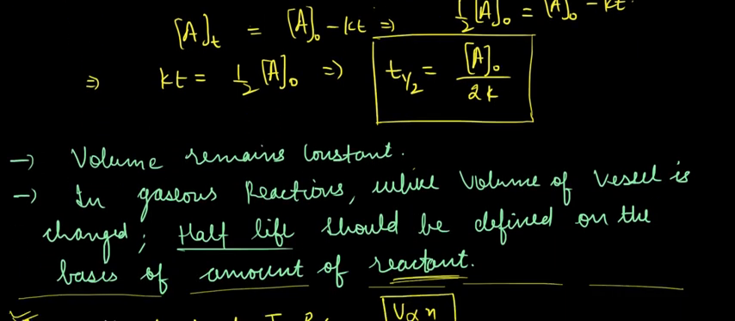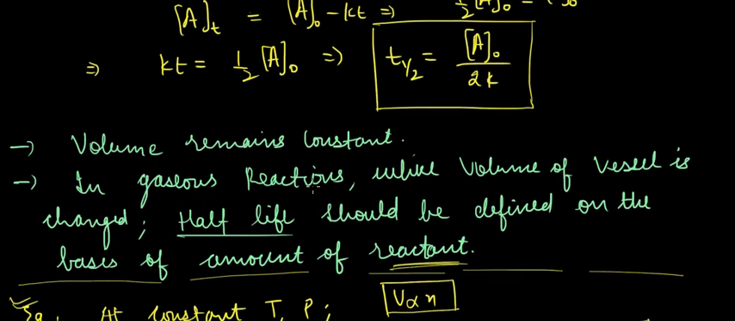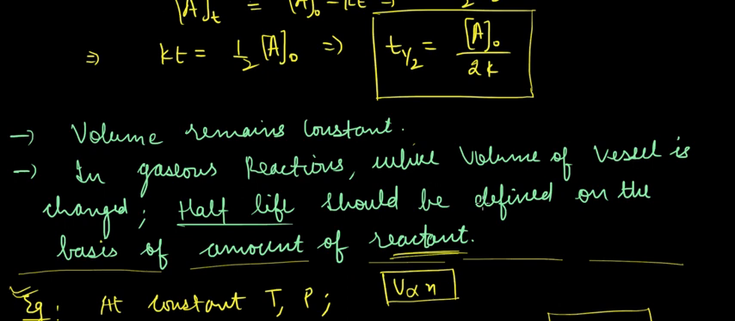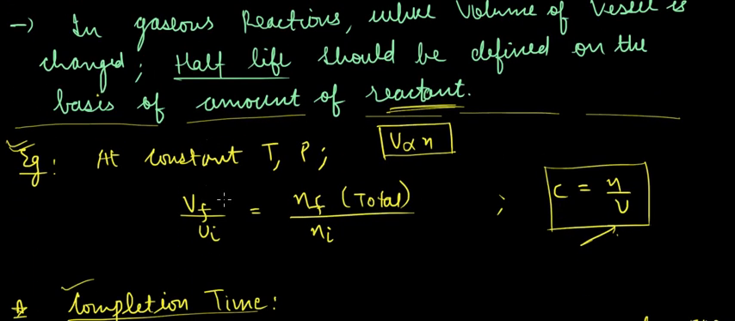So here we have assumed that the volume remains constant, but in case the volume does not remain constant, then you should calculate the half-life of any reaction considering that the amount of the reactant should be halved at the half-life. Okay, so here we are considering the concentration of the reactant goes to half at half-life, but if the volume is not constant in any gaseous reaction, then you should consider the half-life on the basis of the amount of reactant. And this we have already discussed in our previous set of physical chemistry lectures,